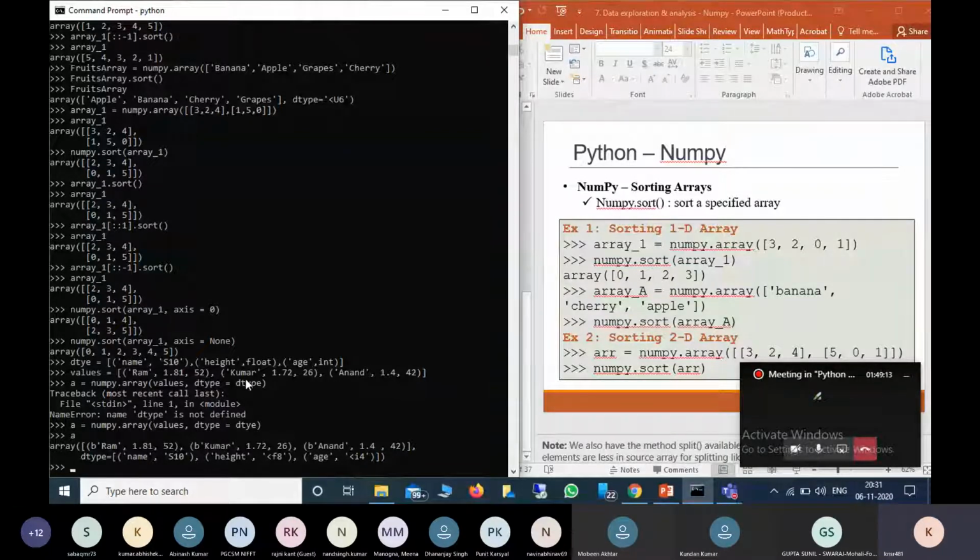For example, if I want to sort by age, I can use numpy dot sort. I give the array a, now order equal to, I can give age.